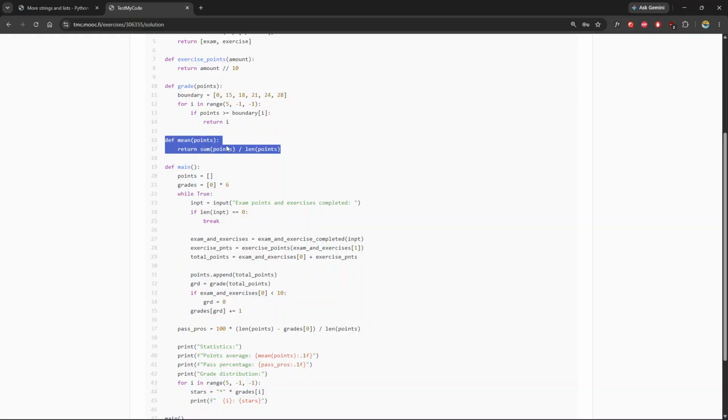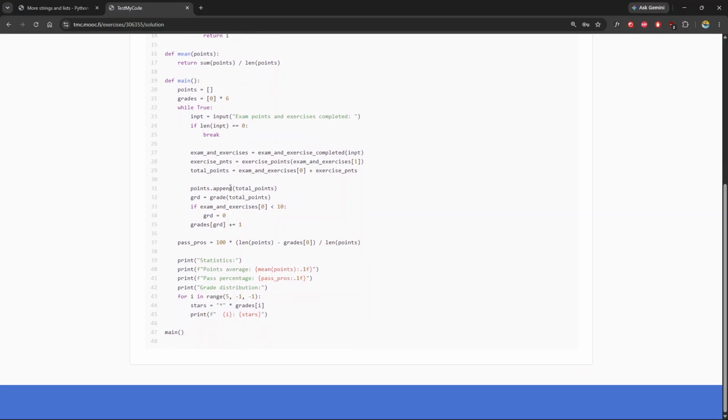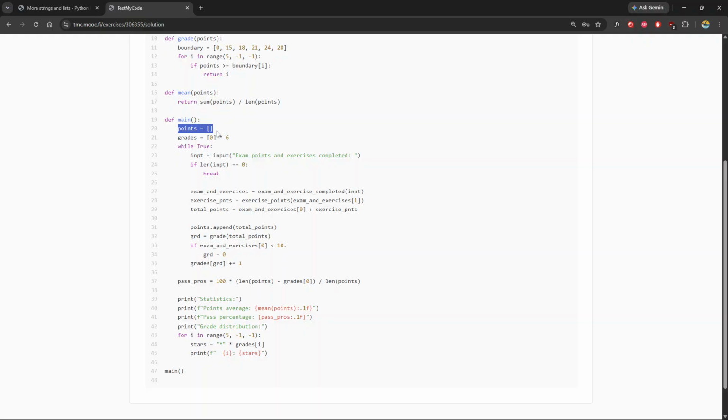Here they have a function that calculates the mean. We just did this inline in a variable. Then they define this main function, right? They have this empty list of points. Then the grades, which we initialized as an empty list with a bunch of zeros in it. Then they have a while true loop, like what we did, to read in the data for each student, however many times we need. Then append those values to the points list, then the grade to the grades list, and then calculate the grades